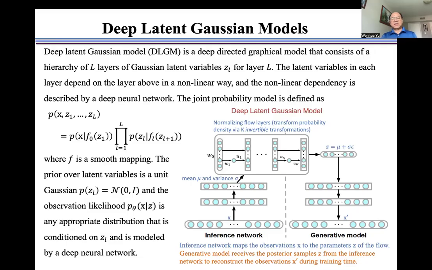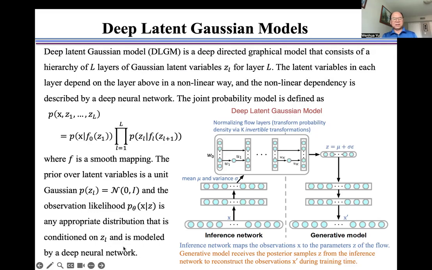The joint probability model is defined as here and explained in this figure, where F is a smooth mapping. The prior over latent variables is a unit Gaussian, as shown here,